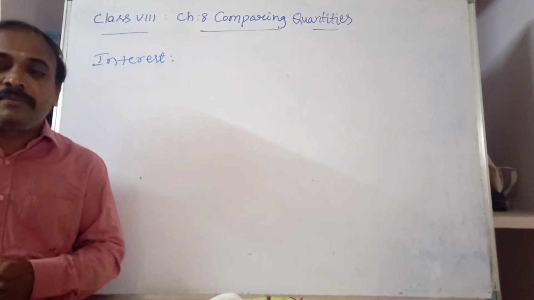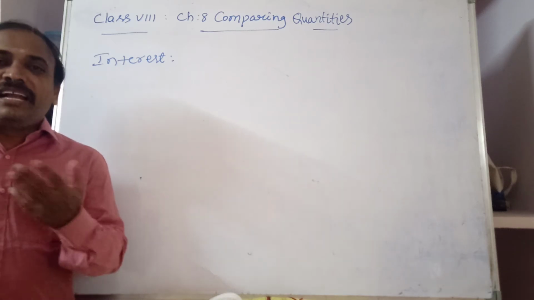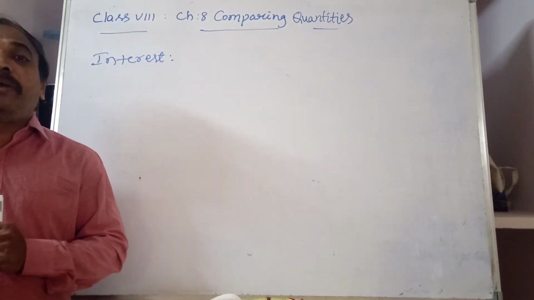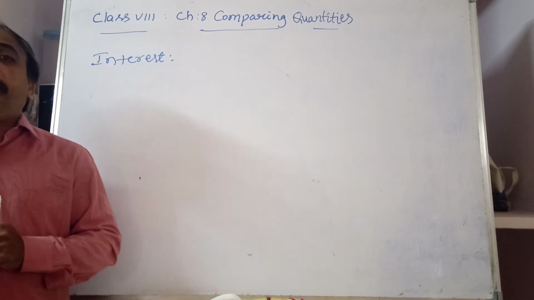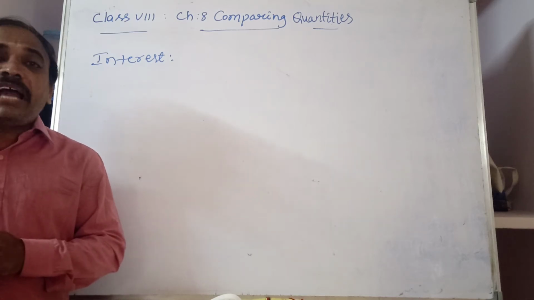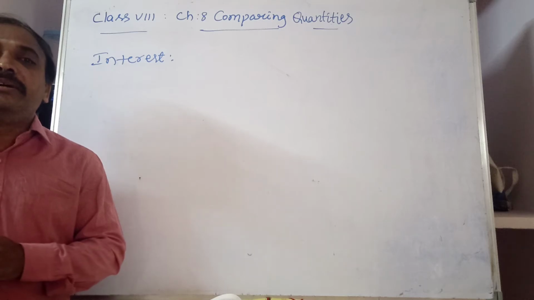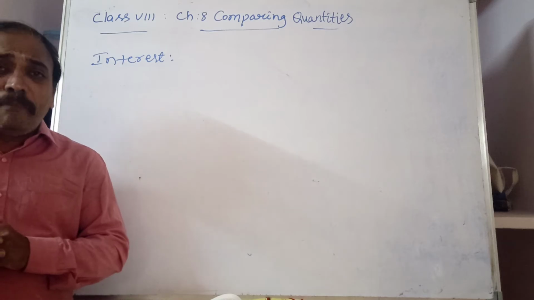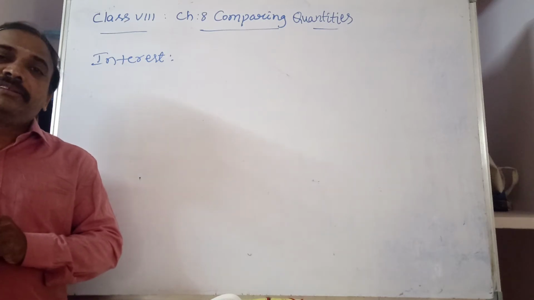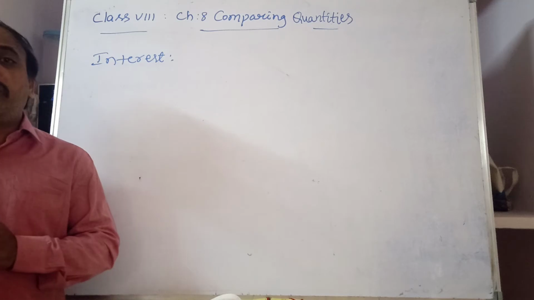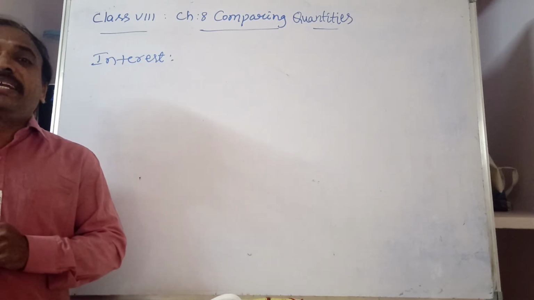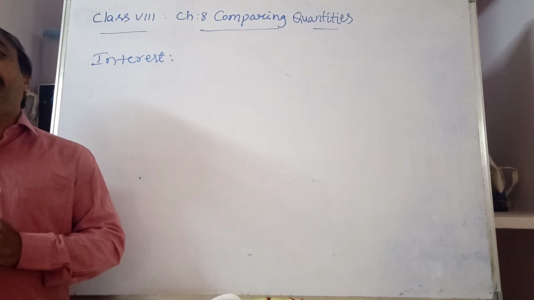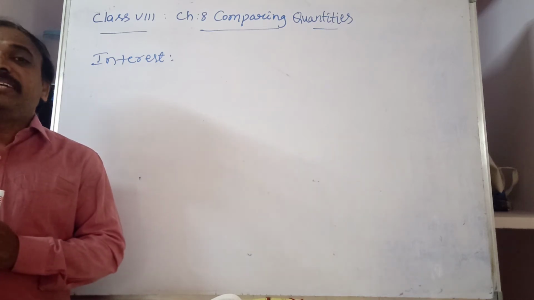What are the conditions? When you are repaying, how much extra you will pay, what percentage you will be paying extra, and in how many years you are going to give it back. So these are the conditions. For example, 2% extra means for every 100 rupees, you have to pay 2 rupees extra at the end of the period. So these are called conditions.